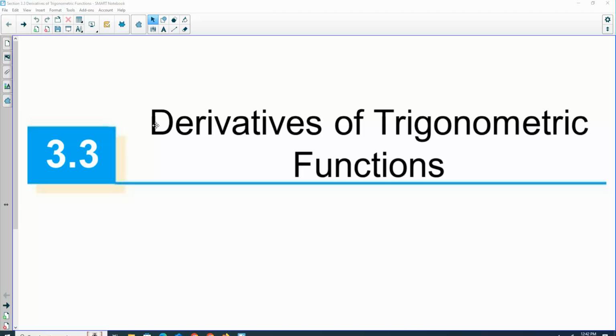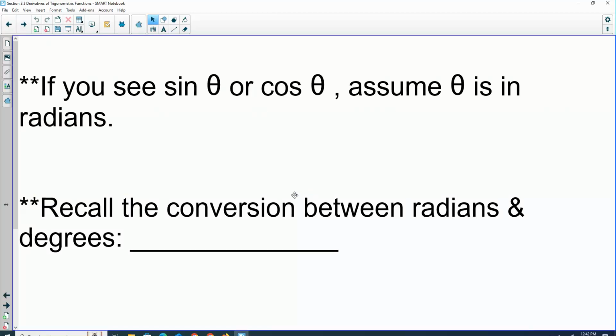A little side note, because we haven't refreshed it in a while, I did put a couple things at the beginning relevant to trig functions that we need to recall. Anytime in calc we see trig functions, it's always in radians. If I were to ever give you something in degrees, you have to convert it into radians. And remember, in order to do that,